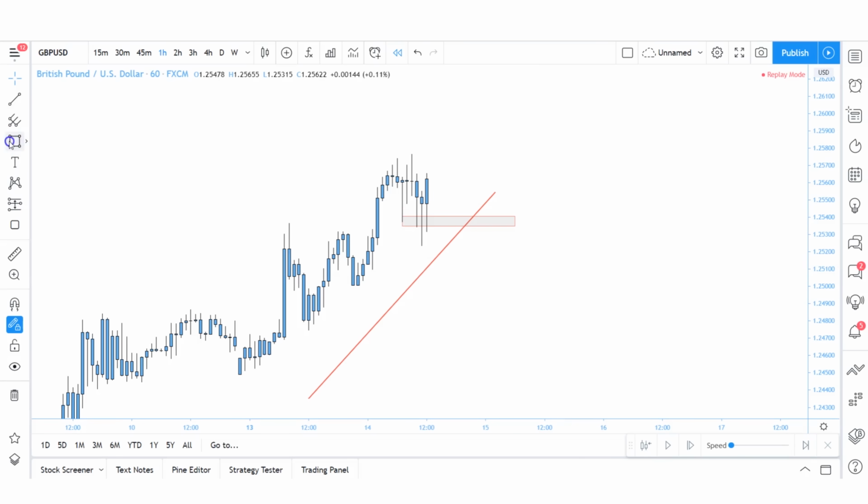But what we need to consider before buying this market, even with these pin bars or even with these strong bullish candles to the upside, is that price may struggle to break above this area. Now, you might say, well, hold on, but if it breaks above, then I'm going to miss the trade. Well, no. You have to understand that every trade you take needs to be systematic and in line with a